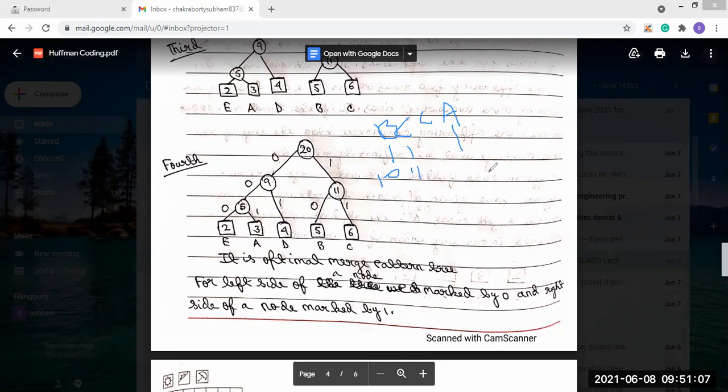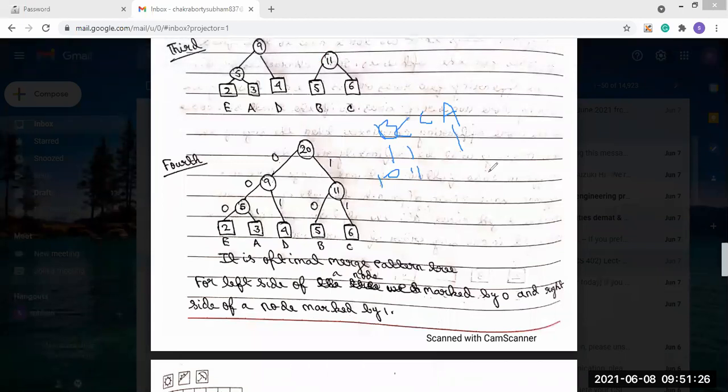So through this process, the decoder will decode the message from the tree. Okay, clear? Yes, sir. So this is all about the Huffman tree or the Huffman coding.